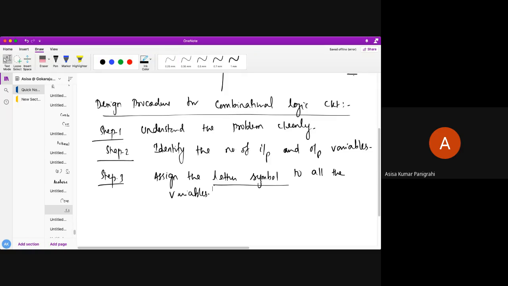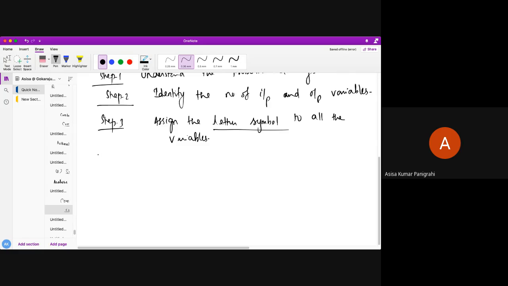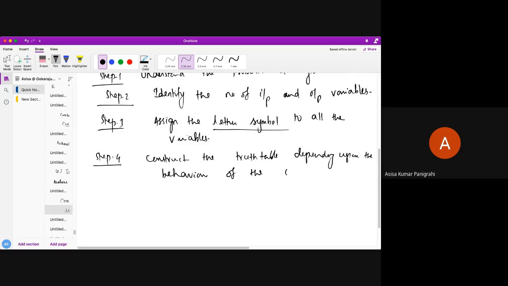Okay, next step 4 would be, construct the truth table depending upon the behavior of the circuit. You have to construct the truth table depending upon the behavior of the circuit.